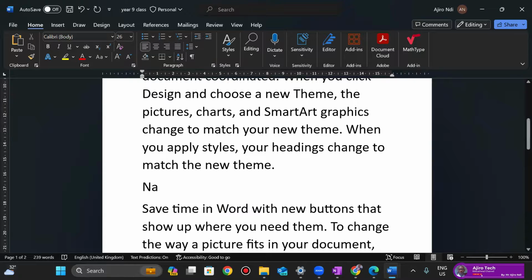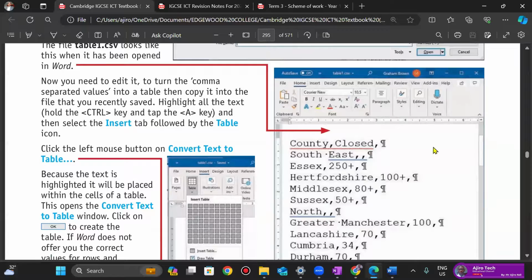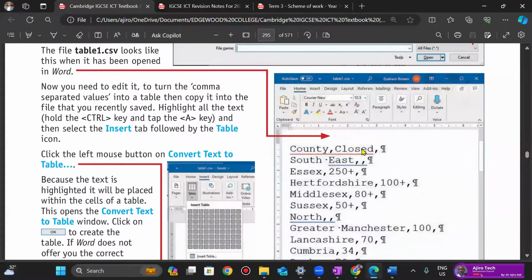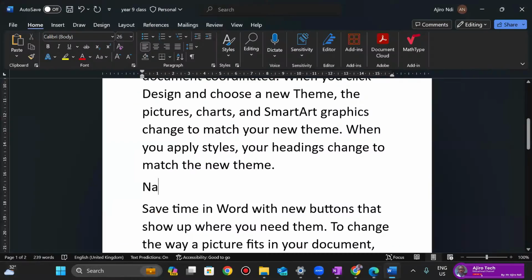let me do names. So we have this. The whole idea here is, I've shown you how to do that. So it's going to open like this. And now we need to convert something like this to a table. How do we convert something like this to a table? So let me do that, right? So I have